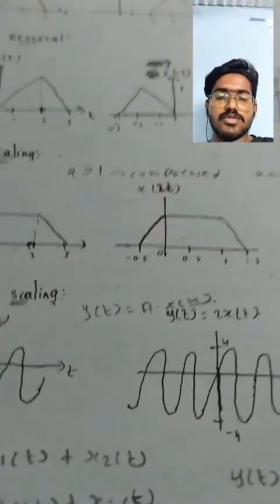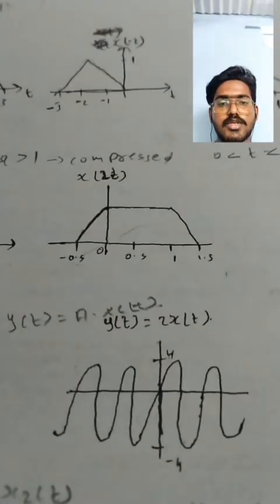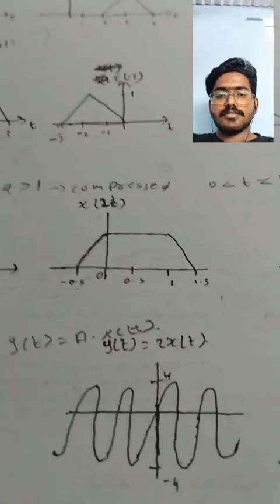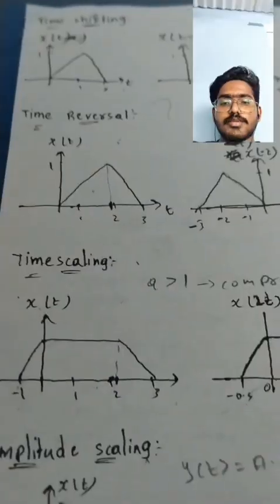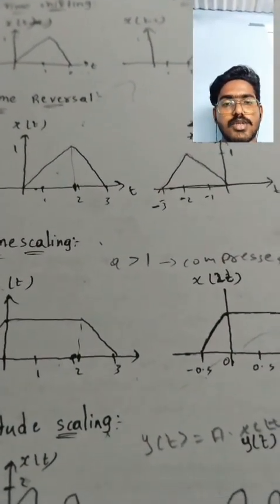Today we have discussed operations on signals. These are of two types, time domain and amplitude domain. We have discussed both